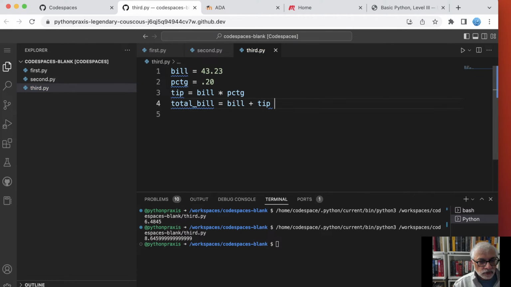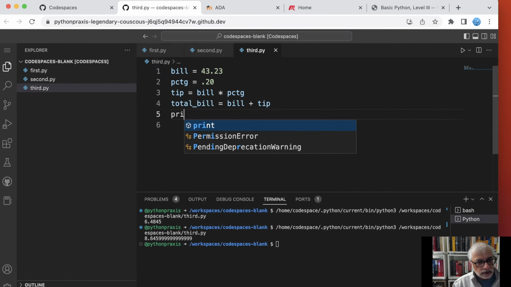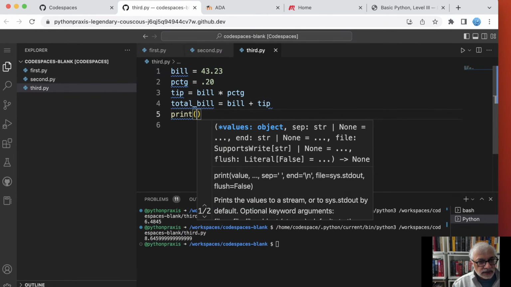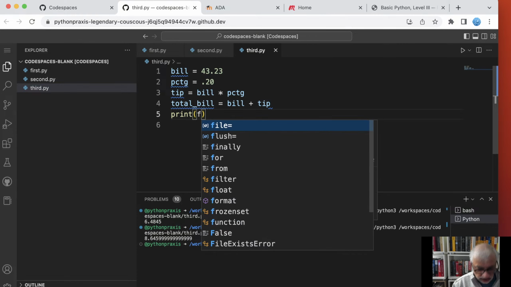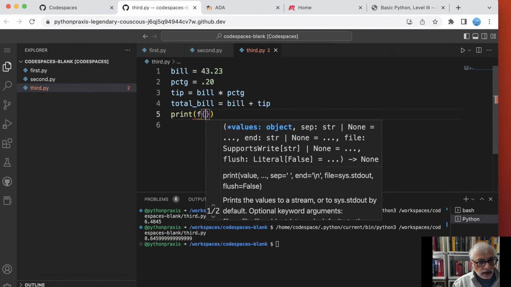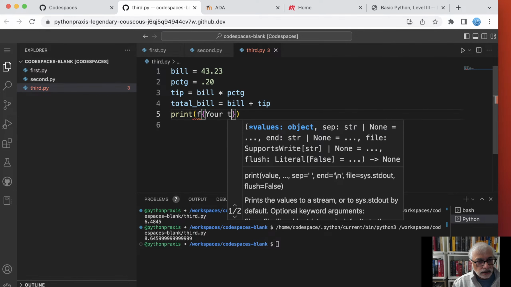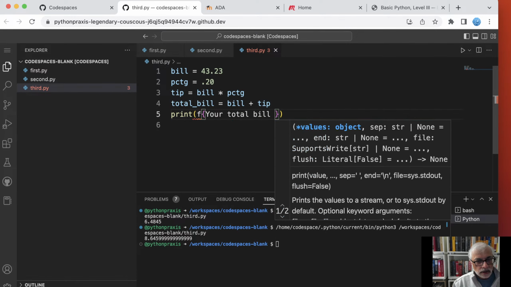So the total bill will be bill plus tip. And now I can get a little bit fancier, say print total bill. So I'm going to say your total bill is